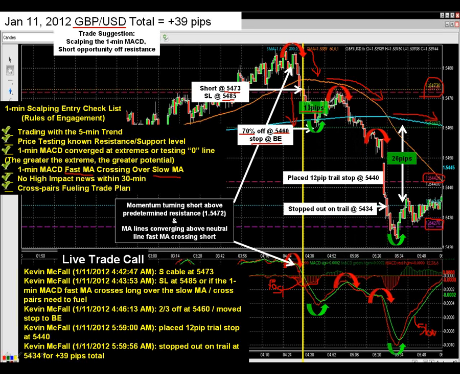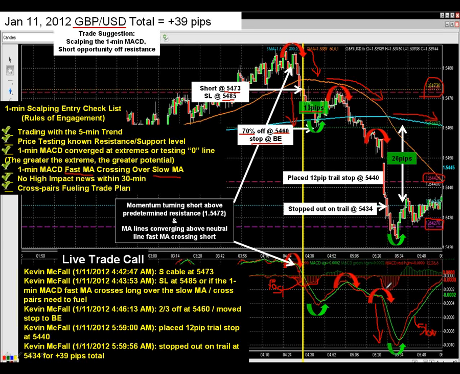So price does move right back up, but it does not stop us out. And you can see the MACD lines starting to move back up towards the neutral again, just to test resistance, and then we have price falling back down with more dollar strength coming in the market, plus sterling yen shorting. And so we can see now the cable will short further because there's our crossover again,